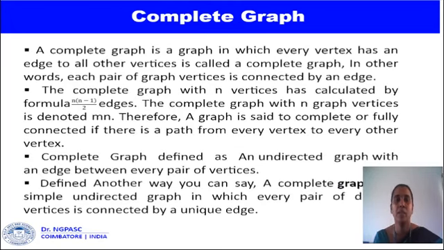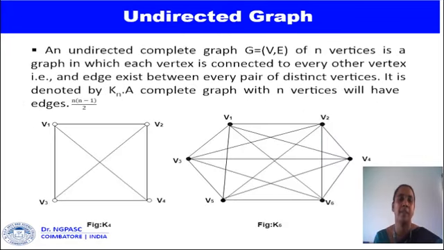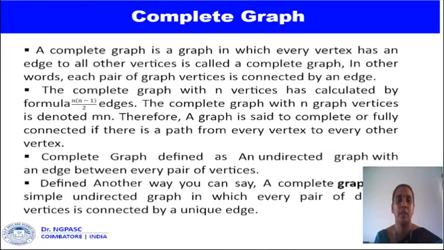The next one is complete graph. So what do you mean by complete graph? In a complete graph, each and every vertex has an edge to all other vertices. This undirected graph is a best example for a complete graph. It should satisfy the formula n(n-1)/2 edges, where n is the number of vertices. In our first picture we have 4 vertices, so n is 4. Substituting, 4 into 4 minus 1 by 2, that is 12 by 2, which is 6. So 6 edges are here, and this undirected graph is a complete graph.